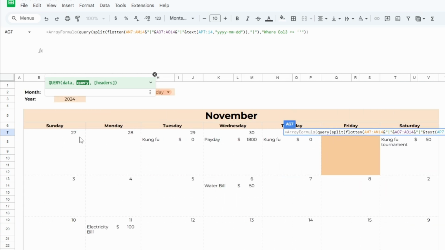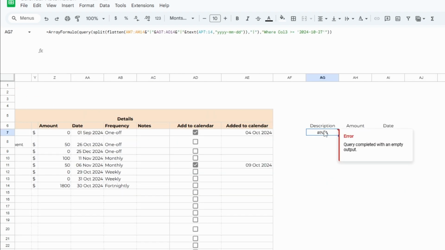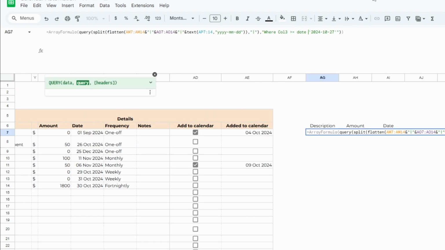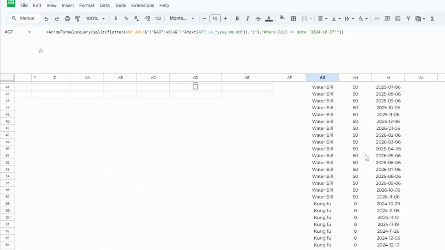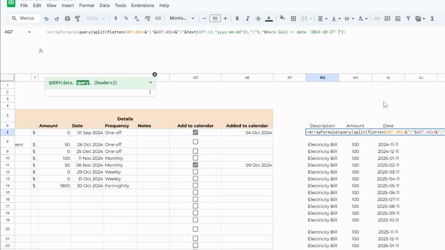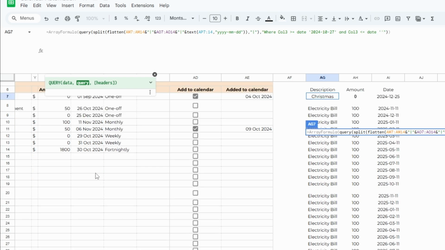Now this date here is 2024 hyphen 10, because this is part of October, hyphen 27. Let's put a date right before there, and that worked out pretty well. Let's put an and. Column 3 is less than or equal to the date in double quotation marks,